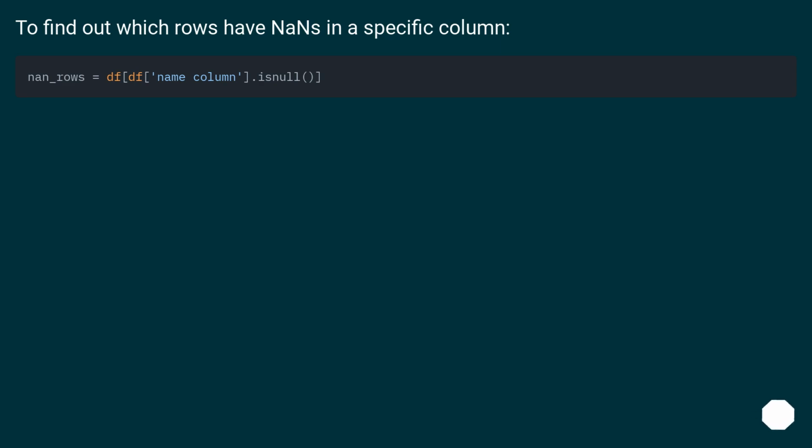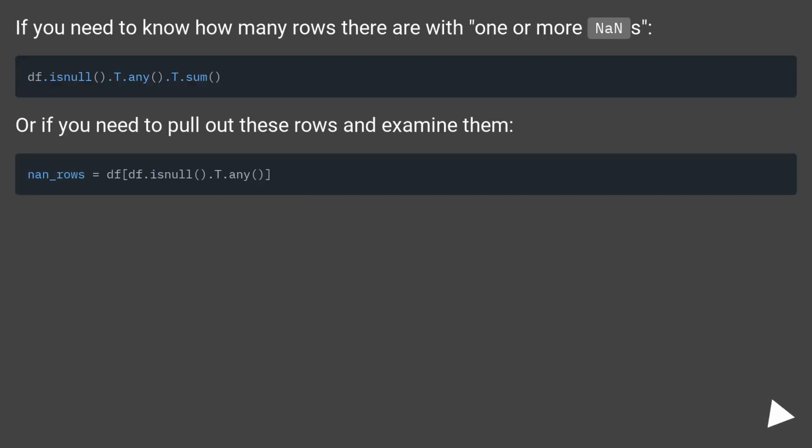To find out which rows have NaNs in a specific column. If you need to know how many rows there are with one or more NaNs, or if you need to pull out these rows and examine them,